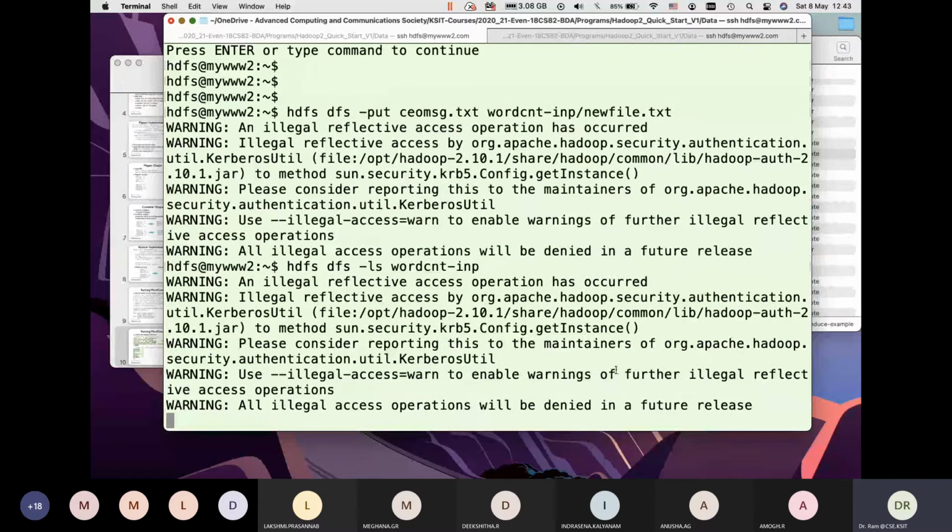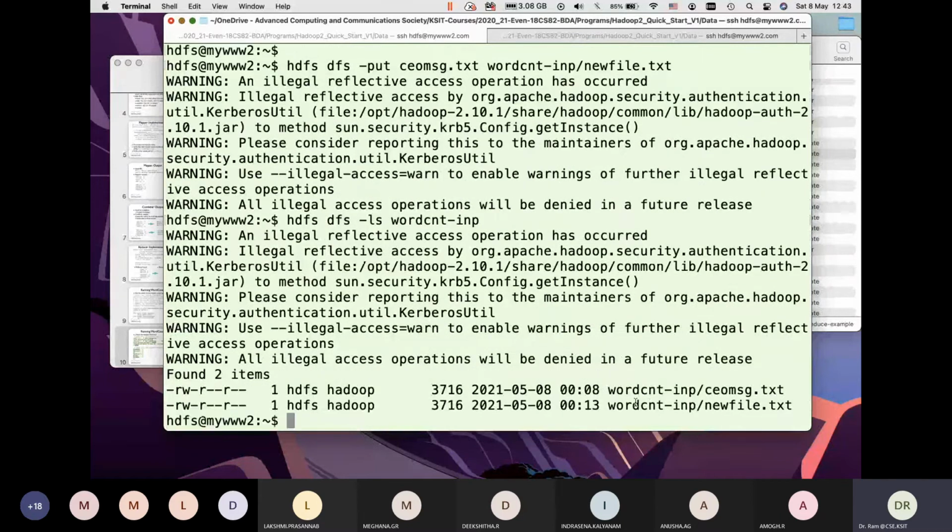There should be two files. Now, if I run the same program, you would see double the count coming up. So let me run the program.